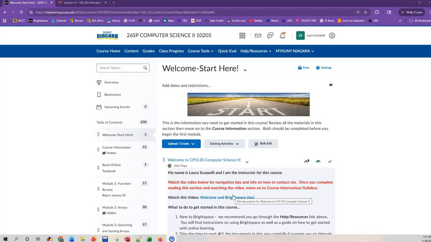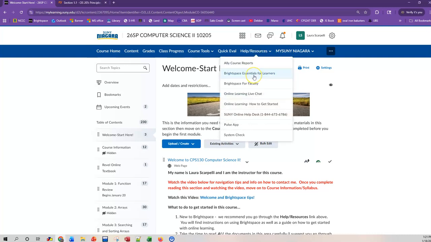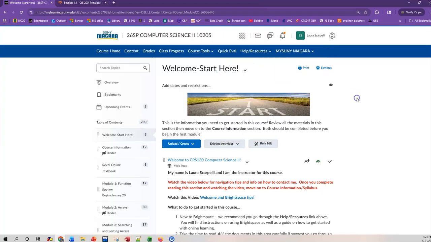If you're new to Brightspace, I recommend that you go up to the Help/Resources here in the navigation bar. Click on this link and you'll find Brightspace Essentials for Learners. This takes you to our webpage that has a lot of important information and will just help you out in general. Okay. If you go over to the navigation bar across the top, you'll see that on the course homepage,